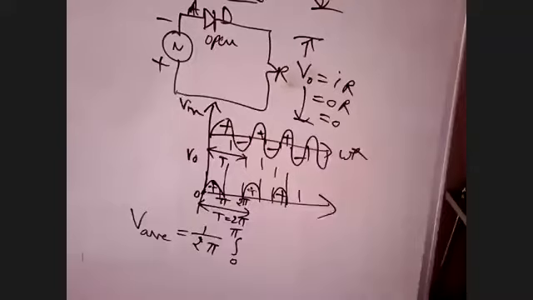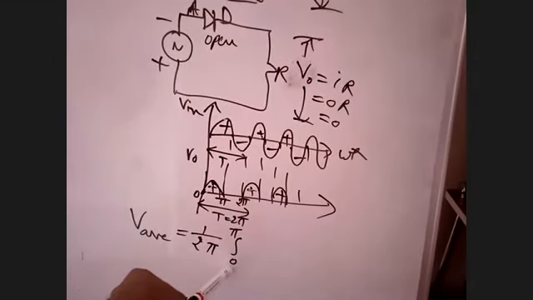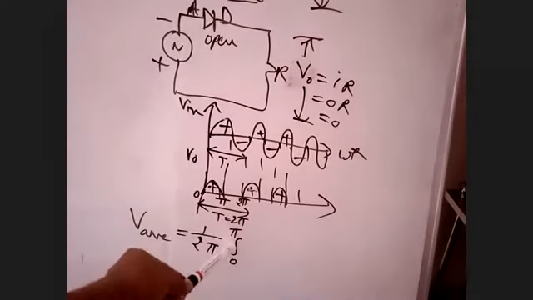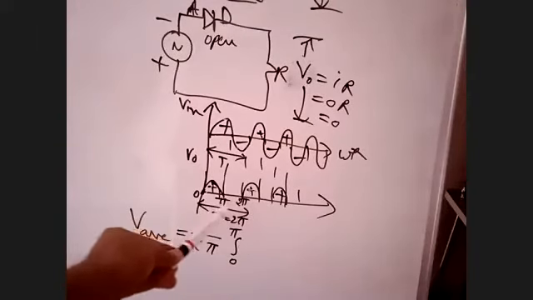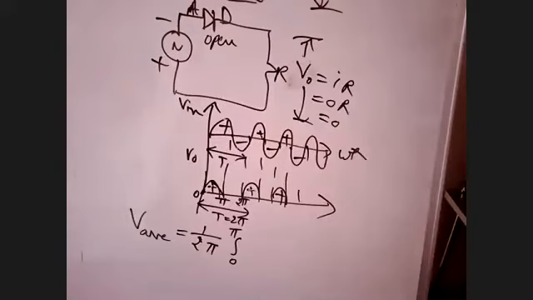Okay, see here. Average voltage V average is equal to 1 by total time period 2 pi, integral, initial limit is 0. Final limit I am not taking 2 pi, because from pi to 2 pi your voltage is 0. From pi to 2 pi, we are not getting any output voltage. This is